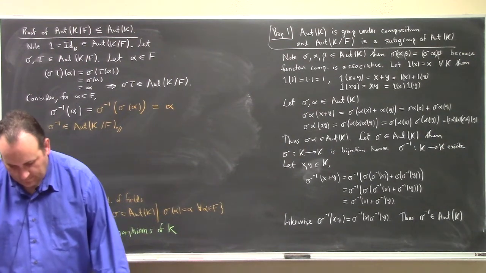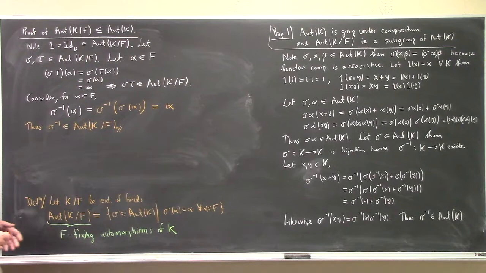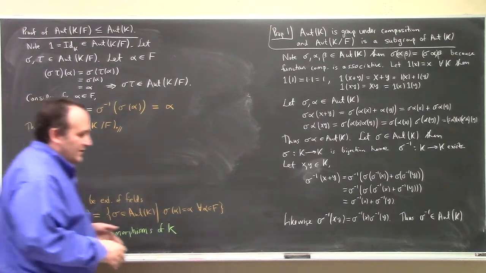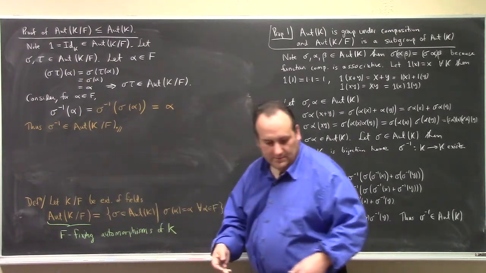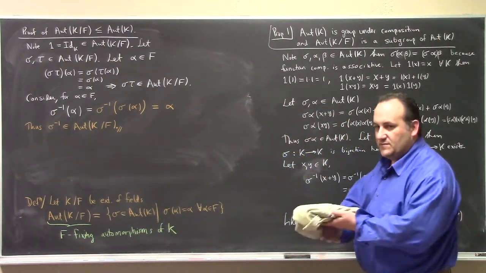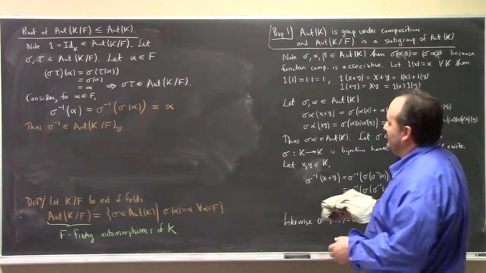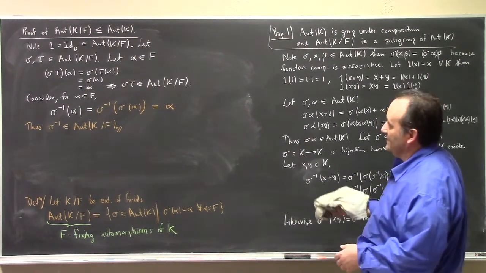Now, I mean, this is fun and all, but why are we even talking about this stuff? Why is this interesting? This starts to be interesting. You start to see why as we look at Proposition 2. Proposition 2 starts to show you why we're looking at this stuff. It's because these automorphisms have something to do with roots of polynomial equations. And I don't think that's obvious yet, right?